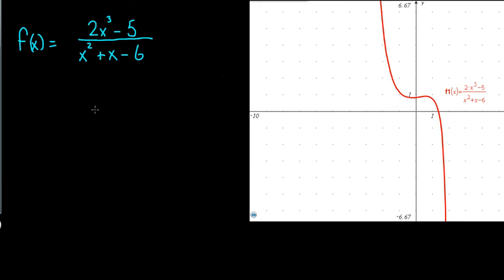Alright, so we're still talking about functions, and we are just getting used to these, building a basic understanding of them before jumping into calculus. So we're trying to find the domain, and I put this graph up here to show you what this function looks like: 2x cubed minus 5 over x squared plus x minus 6. Now, if you were to eyeball it,